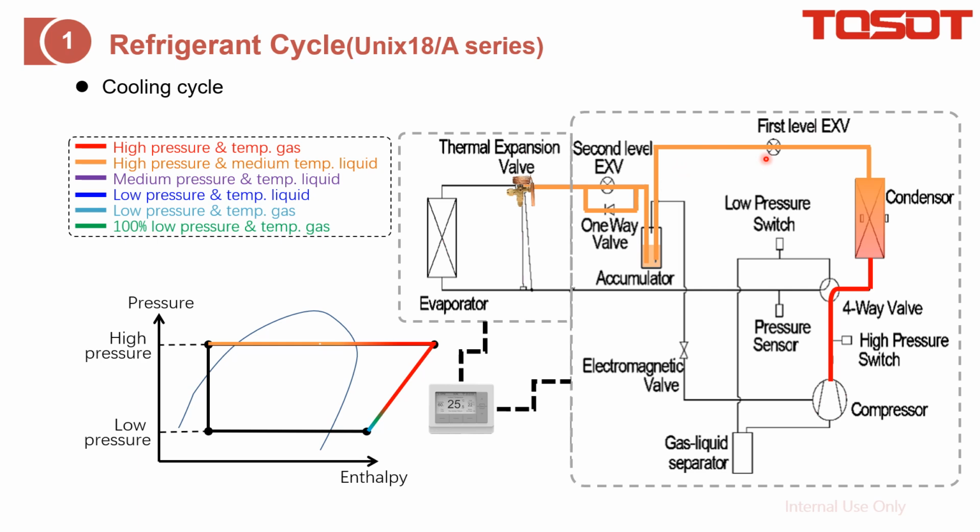means here is not the metering device. When it gets expanded is at this thermal expansion valve, this one, and then after getting expanded, it will become low pressure and temperature liquid and go to the evaporator to absorb heat, which is doing cooling. And then it will become gas and flow back to the outdoor unit, and then to the gas liquid separator, then to the compressor after it gets separated.